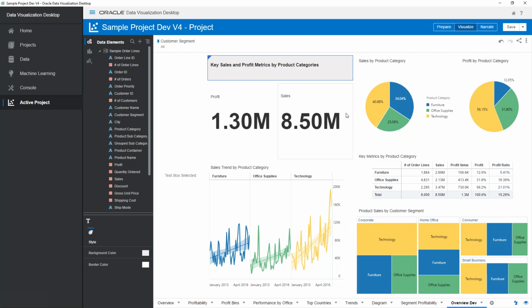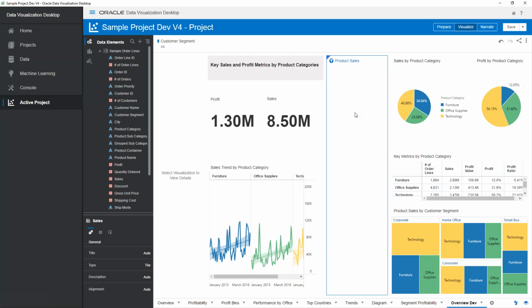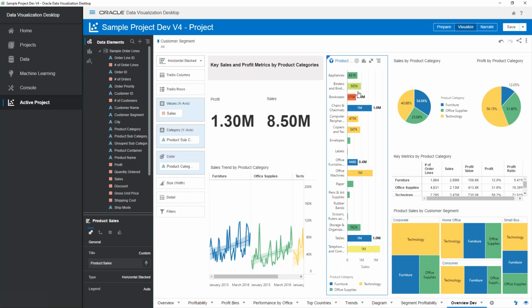And let's go ahead and add that. I had that on my clipboard. I'm going to paste that visual into here so that I now have that product sales visualization. It adds it as a column in here so that I have that visualization that I can work with. Now I have my sales by category, but what I'm really looking for is to have this by product. So I'm going to go ahead and